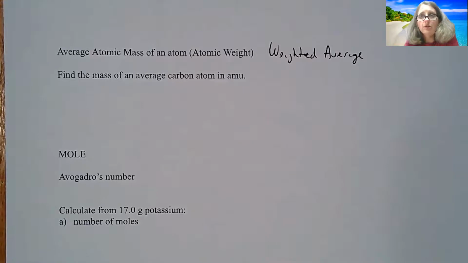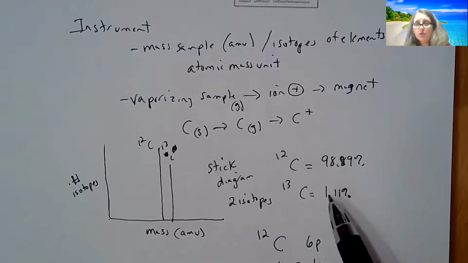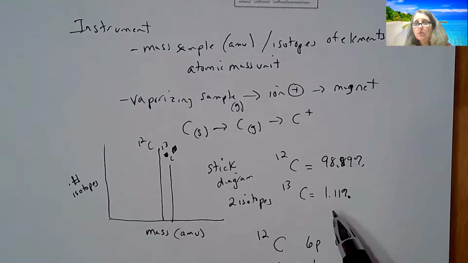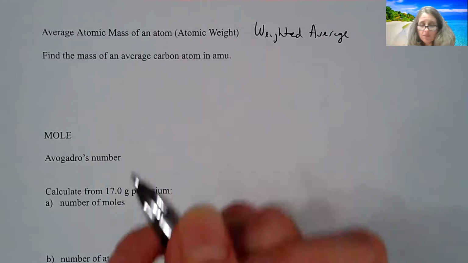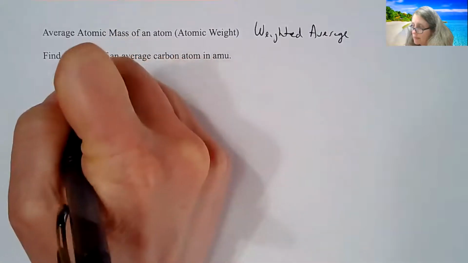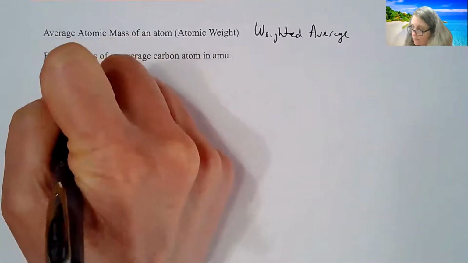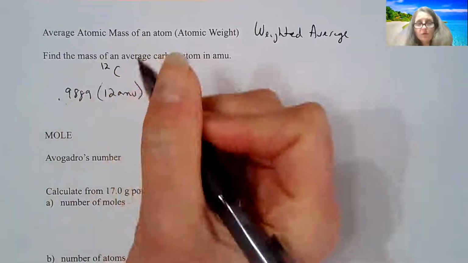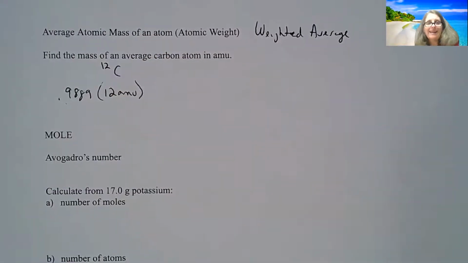If it's a traditional average, you just add numbers together and divide by however many numbers you have. So we want to find the mass of an average carbon atom in AMUs. Well, because we have a different percentage of carbon 12 versus carbon 13, I can't just add the masses together and divide by 2. I have to look at their percentages in order for me to figure this out. So the mass of a carbon 12 is 12 AMUs. So I'm going to multiply that by a percentage, but I'm going to convert it to the decimal form. So my percentage is 0.9889